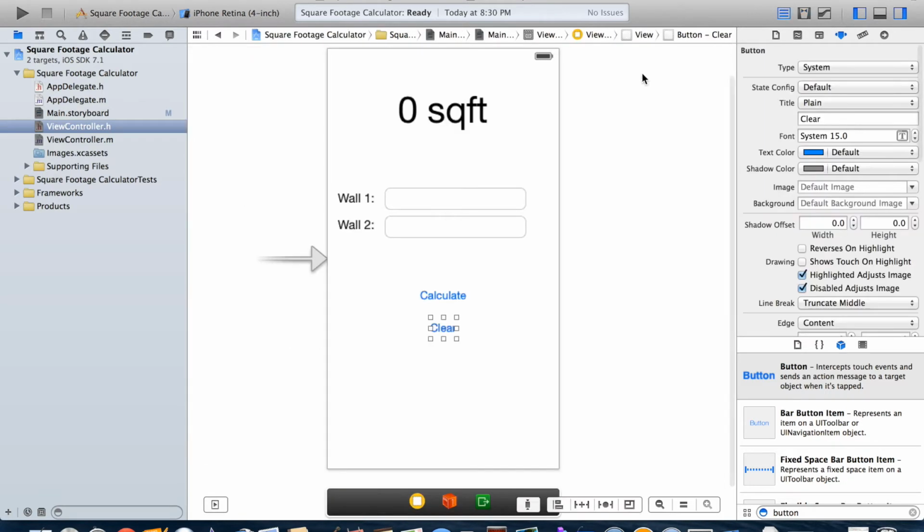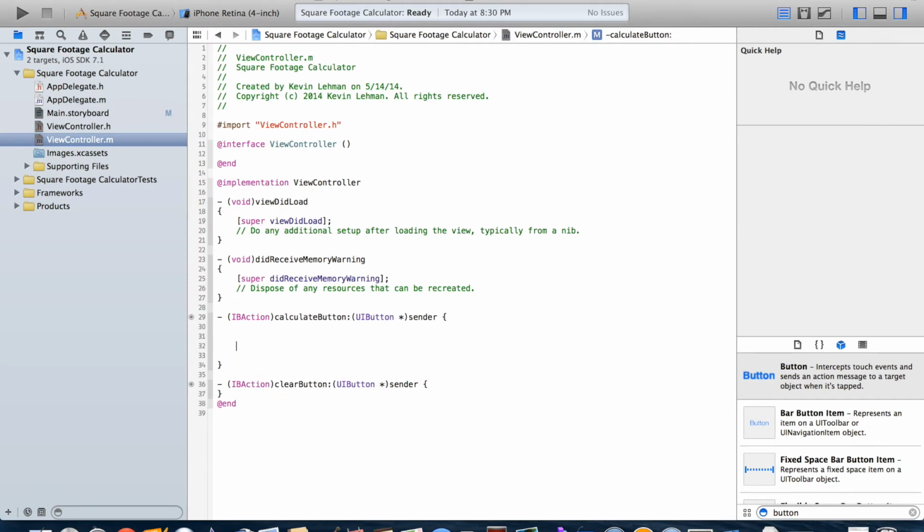So let's go ahead and exit out of this and jump into our ViewController.m file. We're going to jump down a few spaces and give us some space to write our code in our calculate button method. So when we press it, it'll update our label. So the first thing we're going to do, float